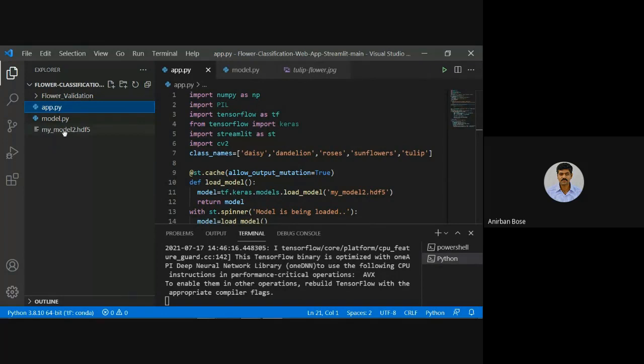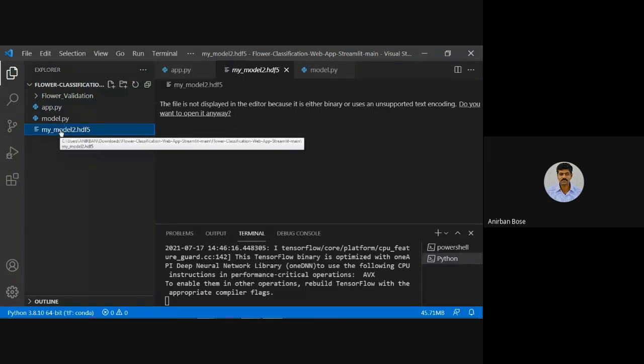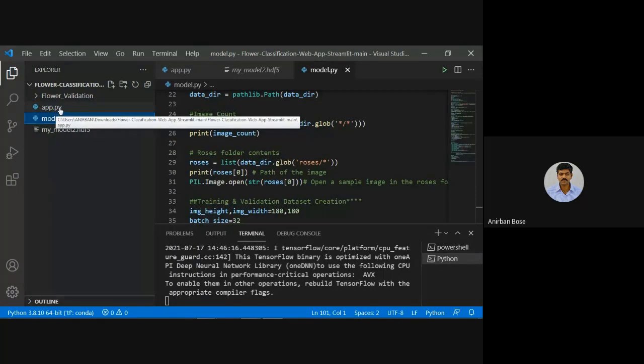And most importantly, you see that this HDF5 file that we created in the Colab notebook, we have actually kept within this particular flower classification folder. So actually model.py is no longer required. You can also run it from VS Code, but we have run it in Google Colab. It's better to use the GPU there. Now you see app.py.